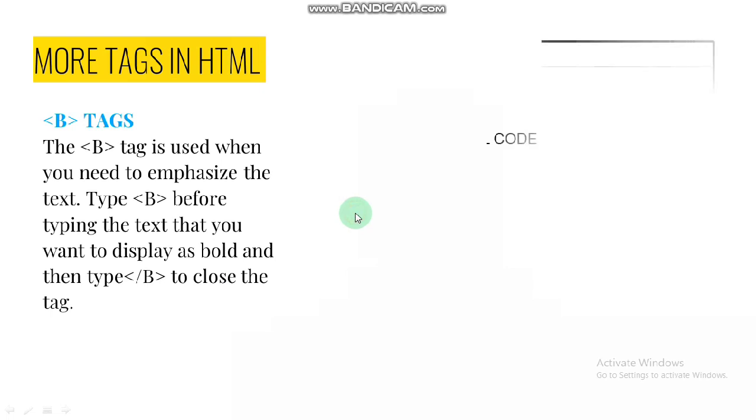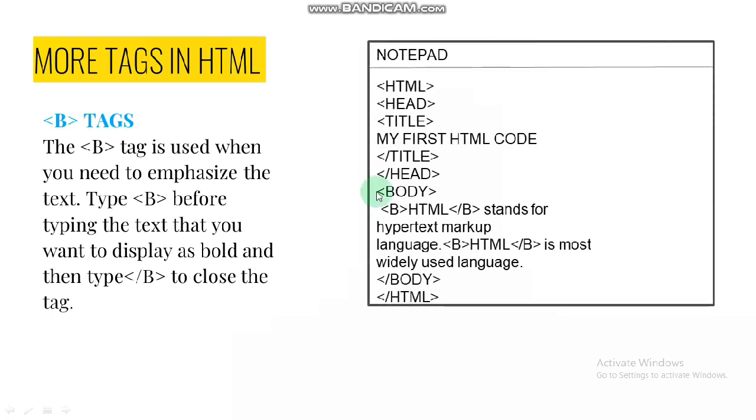Now let's see the coding window. Here it's a coding window. Children, inside the body tag, we write our content. Suppose I have written HTML stands for Hypertext Markup Language. Children, now I want this HTML to be in the form of bold. Okay, I want this HTML to be displayed in the bold format. And then again, I have closed it, and then again when my HTML stands here, I want it to be in the bold format. So again I have opened my B tag and then I have closed it.